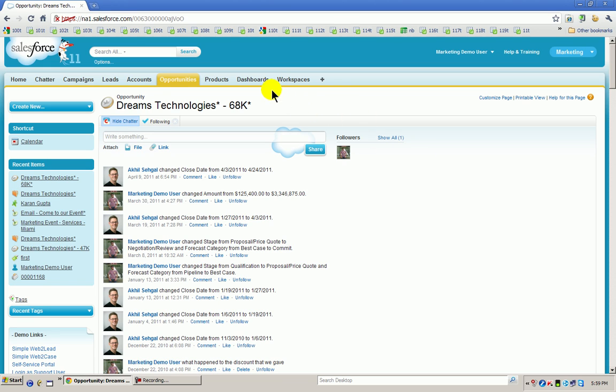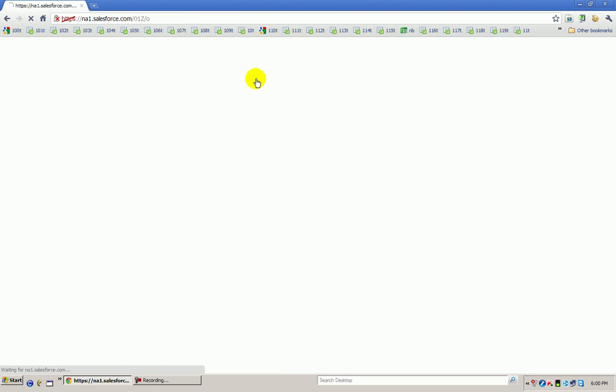Now I will come back to the dashboard. This is the products section, so we can configure all your products in Salesforce in different categories, different masters like insurance, mutual fund, all these categories. Under this category, these are the OEMs. Under this OEM, we can create products. Now I'll come to the dashboard. All reports in Salesforce are dashboard driven.